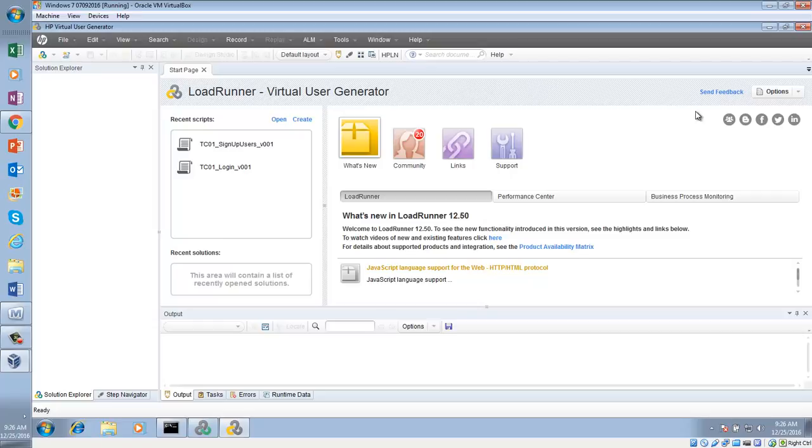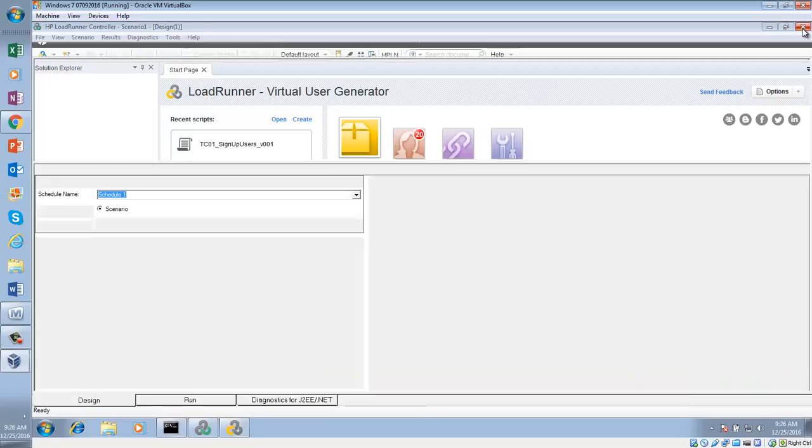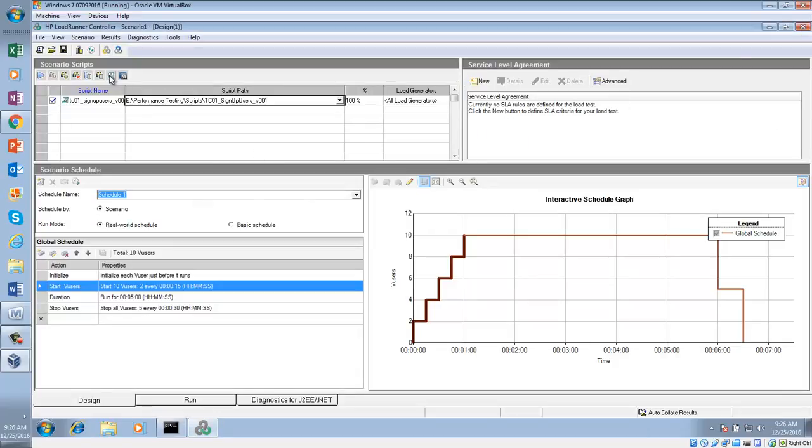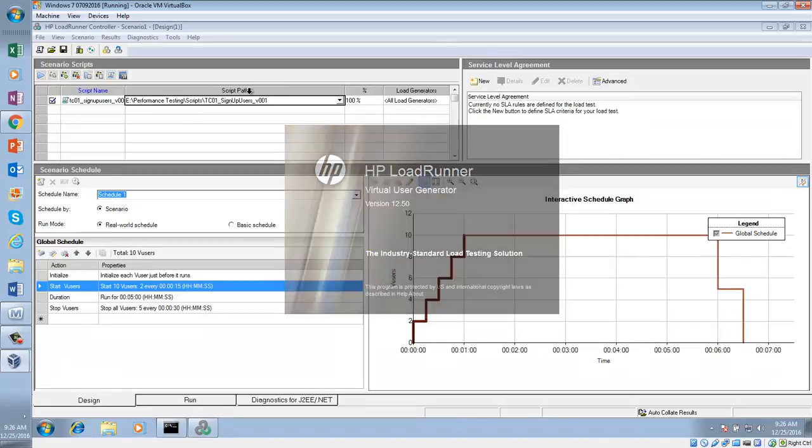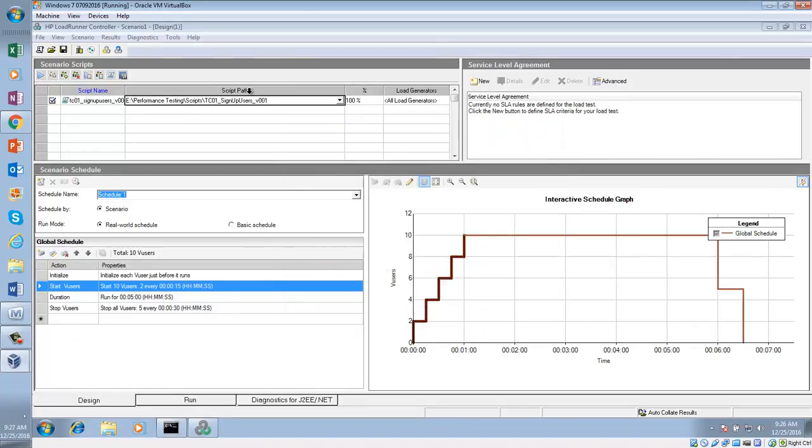Like the virtual user generator is open, but can I see the script that we are going to execute here? No. Can you see this icon here, view script? If you click on that one, it will open that particular script.